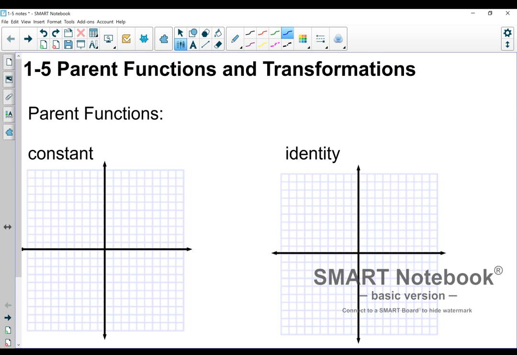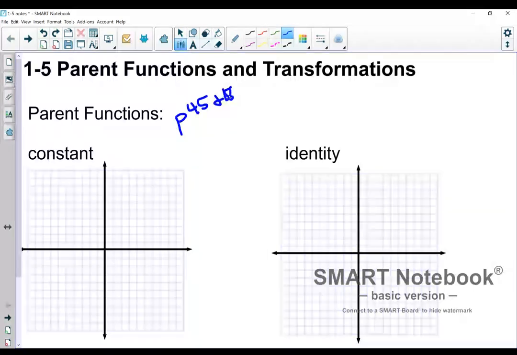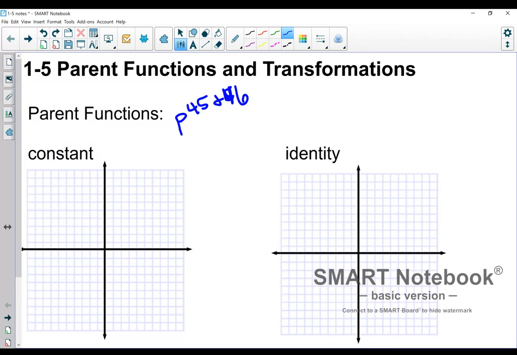1.5, Parent Functions and Transformations. These are on your online textbook on pages 45 and 46. It's at the very beginning of the section, but I really like to go through them in detail because not